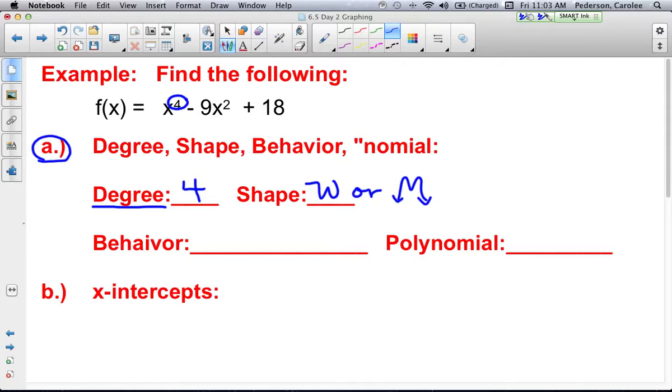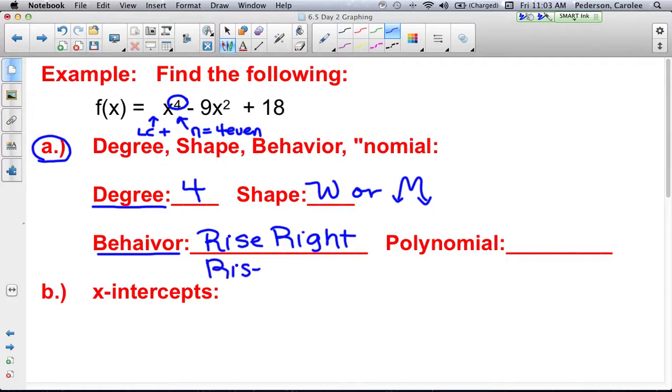And then we talk about the end behavior. The end behavior is found by the leading coefficient test. The leading coefficient is positive. The degree n is even. So from our chart, it's just like a leading coefficient of a quadratic where it opens up. So that means I have right-hand behavior. It rises on the right